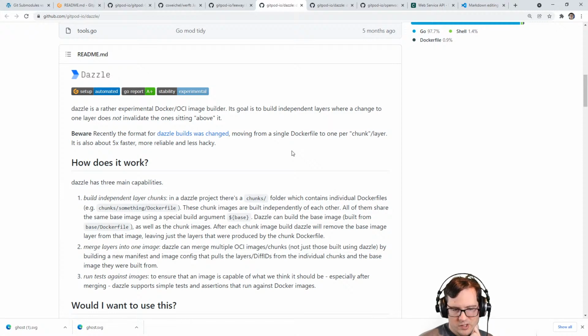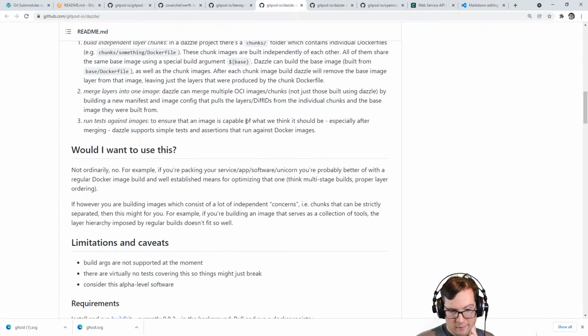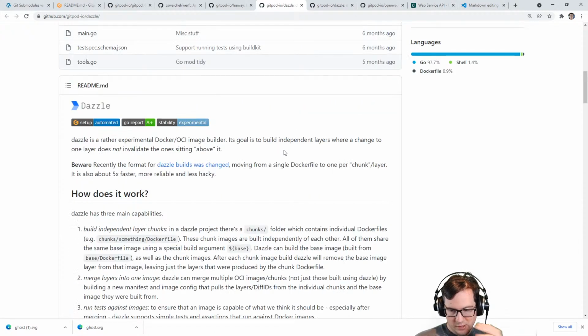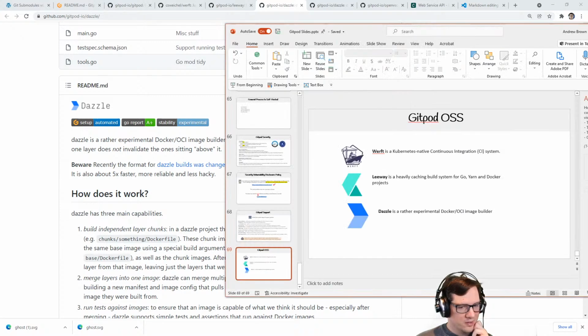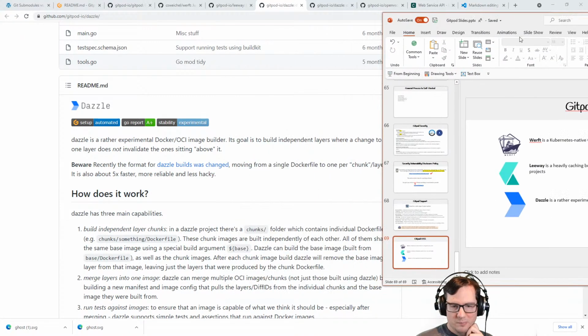Recently the format has changed. Dazzle's 3 main capabilities. So it sounds like it has layer stuff, and this probably has to do with Gitpod's roadmap of being able to load in particular layers. So something to do with layers. I'm not going to get too deep on these things because I feel like we might be digging too deep, but